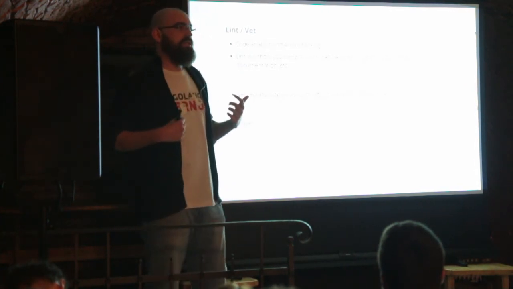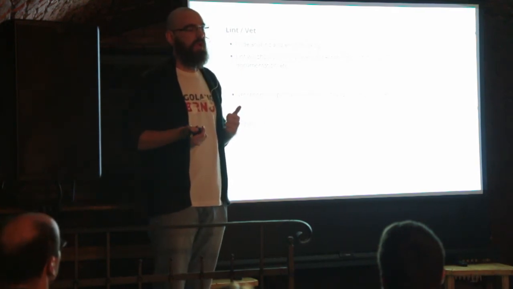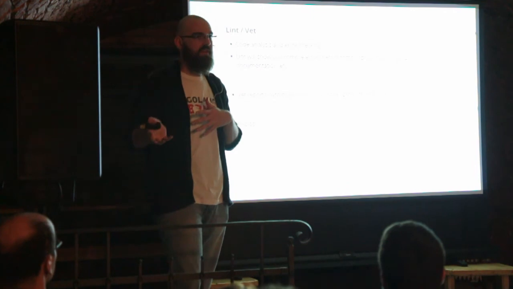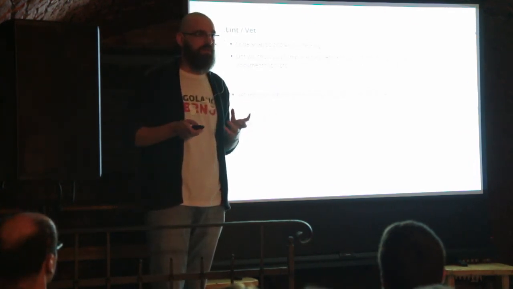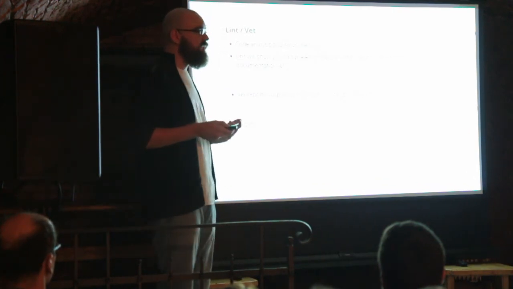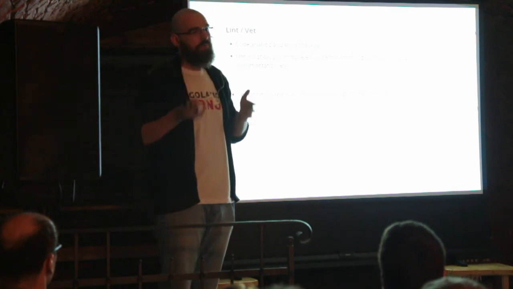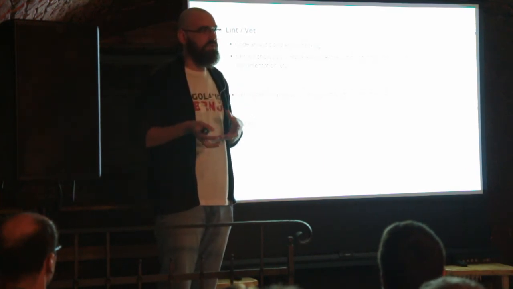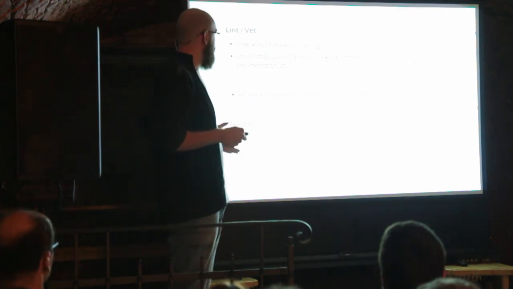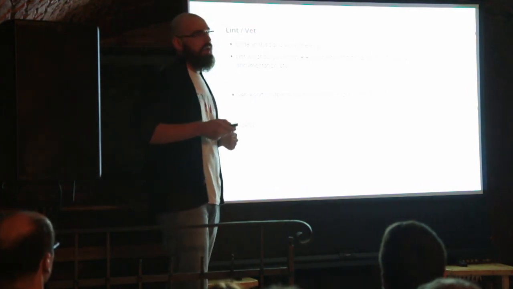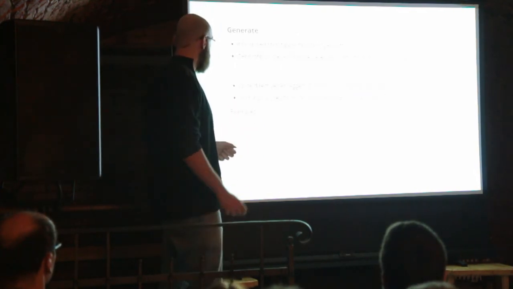What it's looking for is suspicious code constructs, something like unreachable code or shadowed variables or using different types of values when rendering some templates, stuff like that, which will not be an error in itself, but it may produce output that you don't really want, you know? So I recommend just using both of these tools in your editor all the time, just as you're using GoFMT.